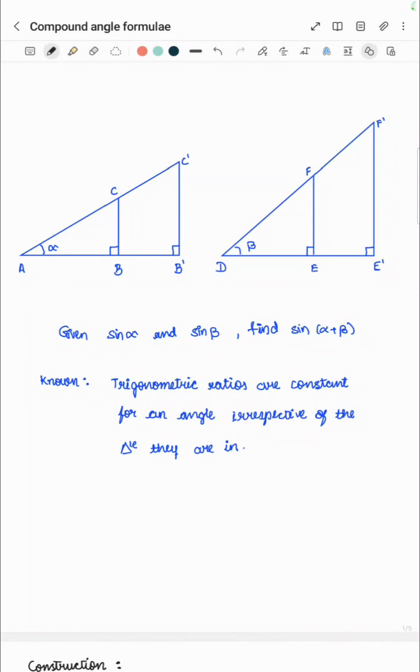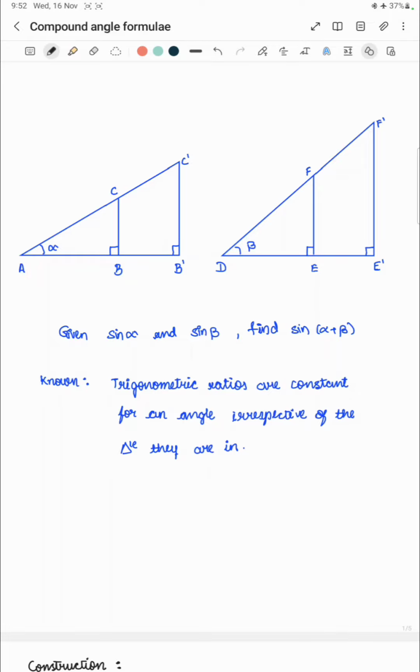Hello everyone. Today we are going to learn about compound angle formulae in trigonometry. Well, not all of them, but a couple of them. See, there are multiple ways to prove a theorem in mathematics. However, not every single one of them feels intuitive. So in this video, we are going to learn a very intuitive method to prove compound angle formulae for sine